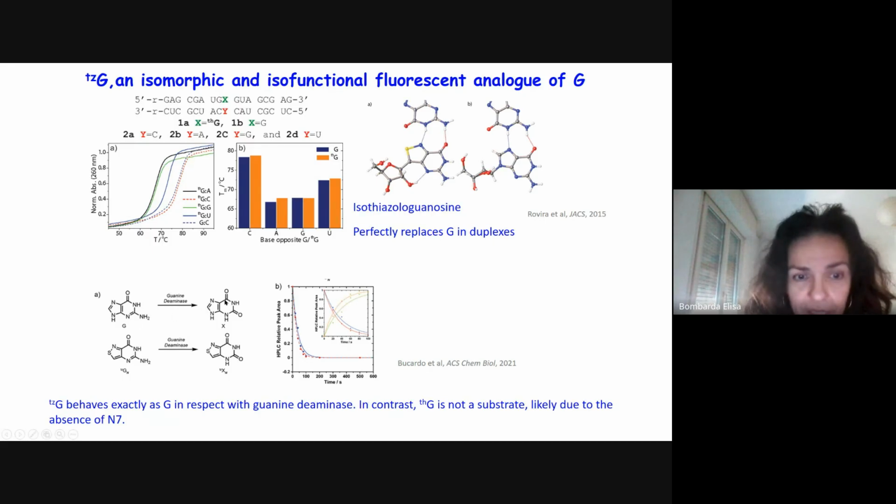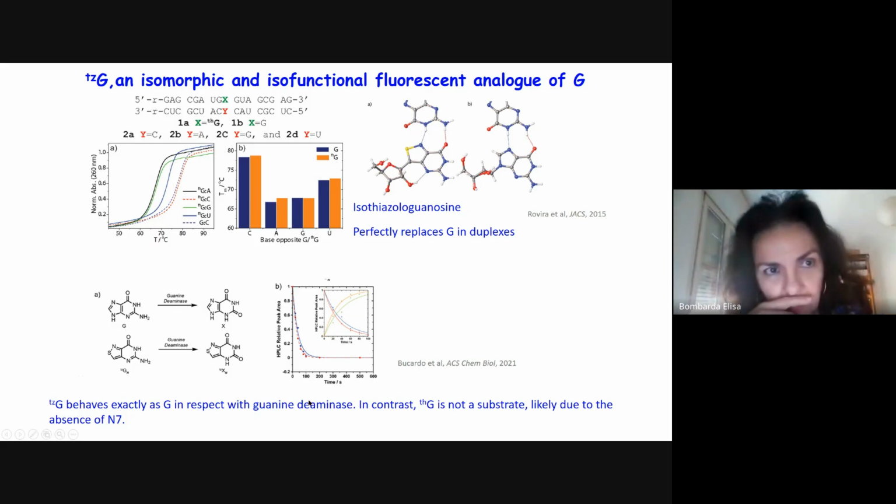So with the TAG, this enzymatic reaction would not occur. So in this sense, TZG, to be short, is